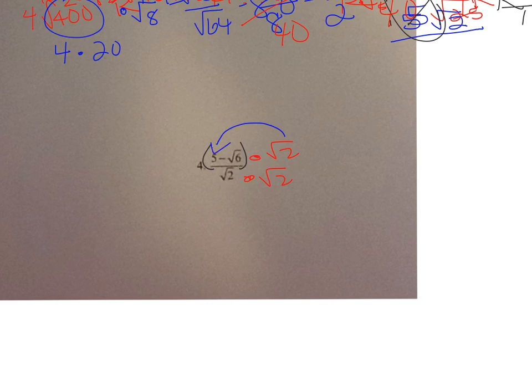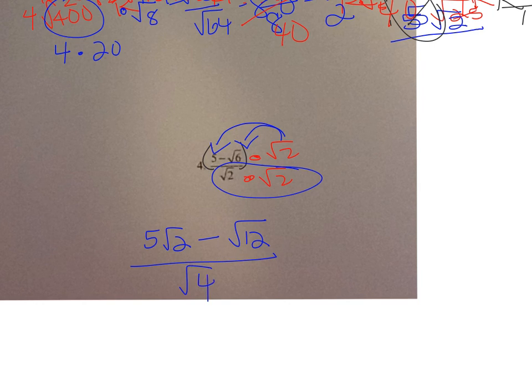So the square root of 2 times 5 would be 5 the square root of 2. The square root of 2 times the square root of 6 would be the square root of 12. So that's minus the square root of 12, over the square root of 2 times the square root of 2, which is the square root of 4. Now I have to simplify the square root of 12, see if I can reduce it anymore. The square root of 12 is the square root of 4 times 3, which is 2 the square root of 3. So I have here 5 the square root of 2 minus 2 the square root of 3